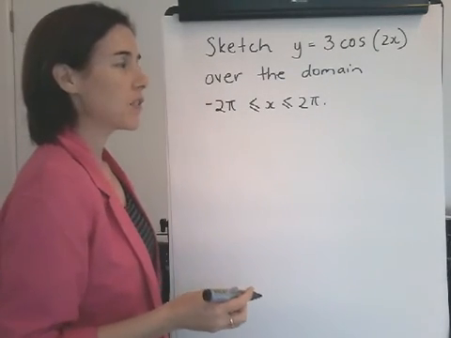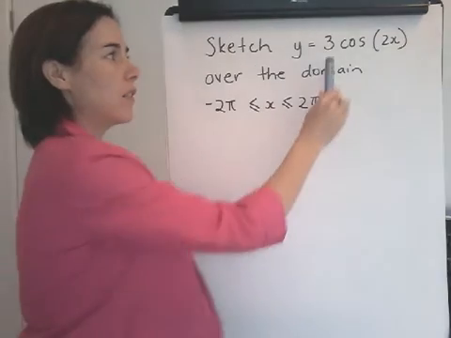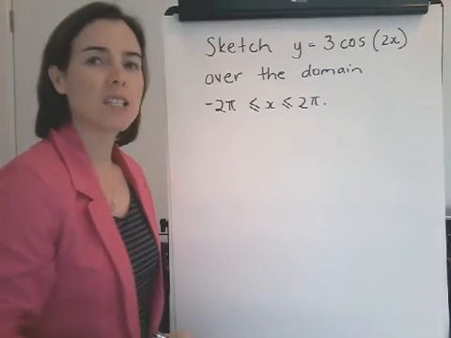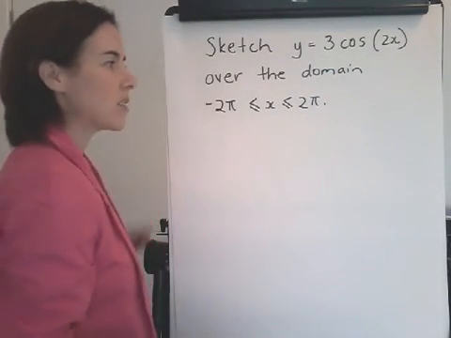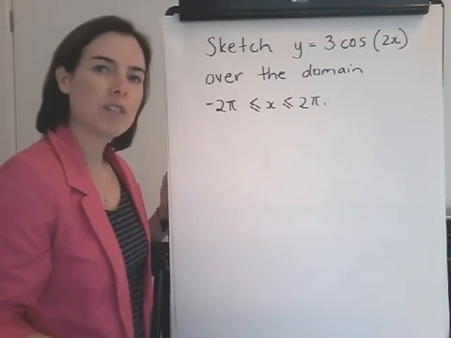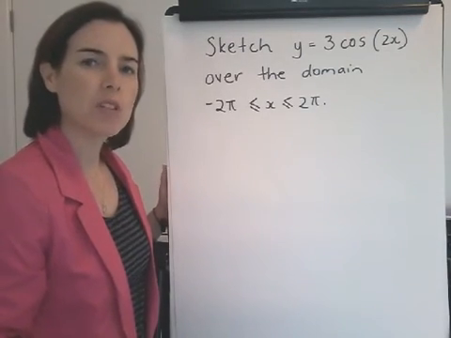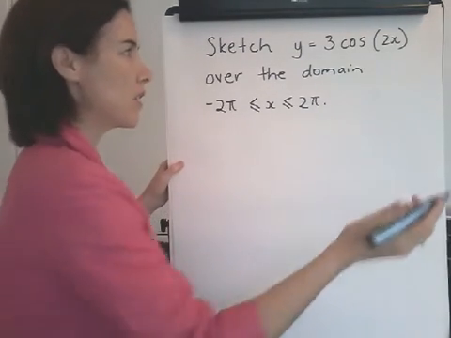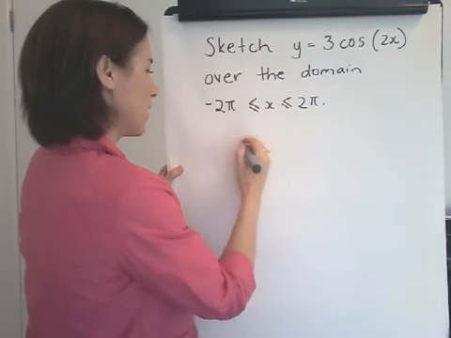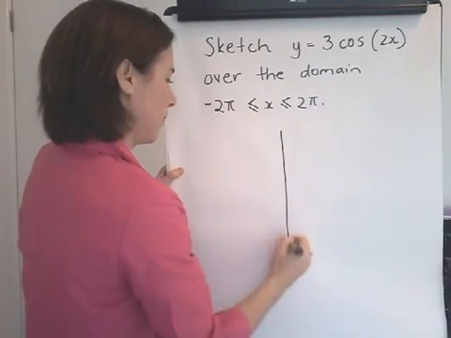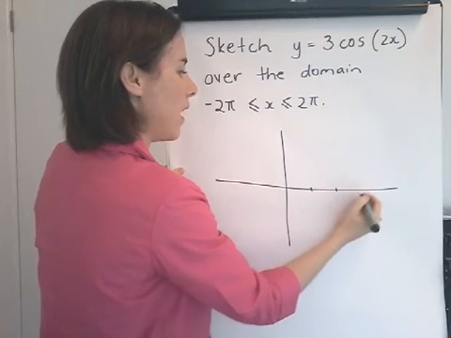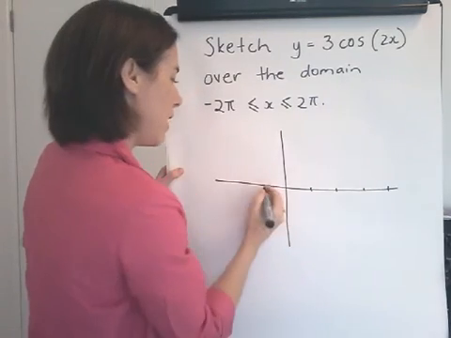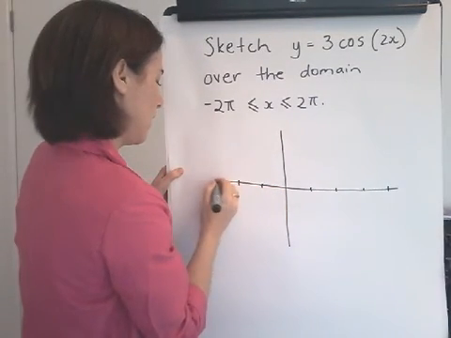Now, the graphs you'll be asked to draw will have one or two changes in them. So I suggest you do it gradually and do one or two rough copies first so that you're building up towards the final graph. So if we start with y equals cos x, just a rough copy, pi over 2, pi, 3 pi over 2, 2 pi, and on the negative side,